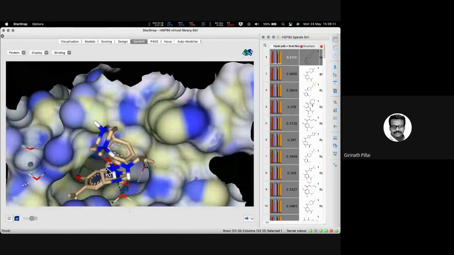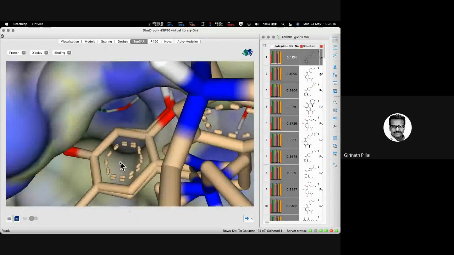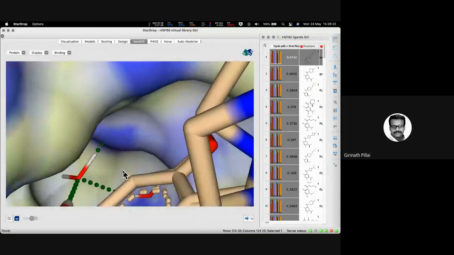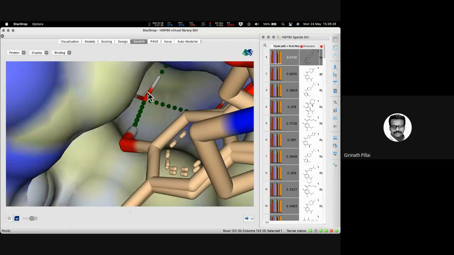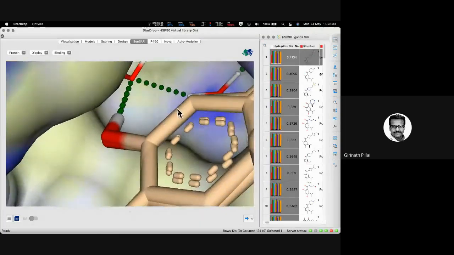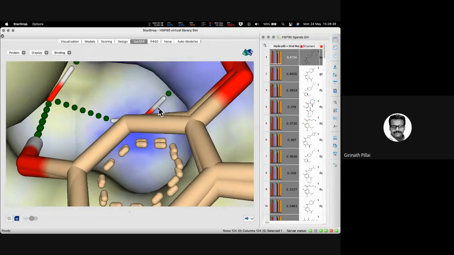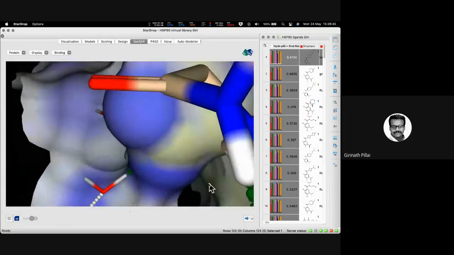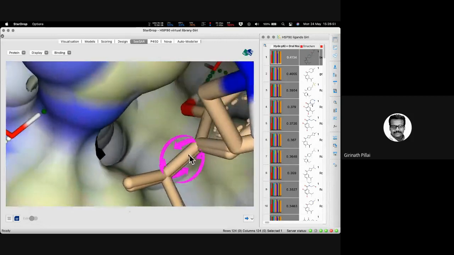And then inside the cleft, we also have something interesting. If I go inside this cleft, see, being a 3D picture, we can easily get inside. See, there is a hydroxyl group interacting with the water. So you can think of some replacements there. Instead of water, it might interact with the amino acid directly also. And there is also lipophilicity there. So you could think of those empty spaces. And you could also see there is an empty space here. I don't know how many of you have noticed it. Yeah, see, this is also an empty space in this region.